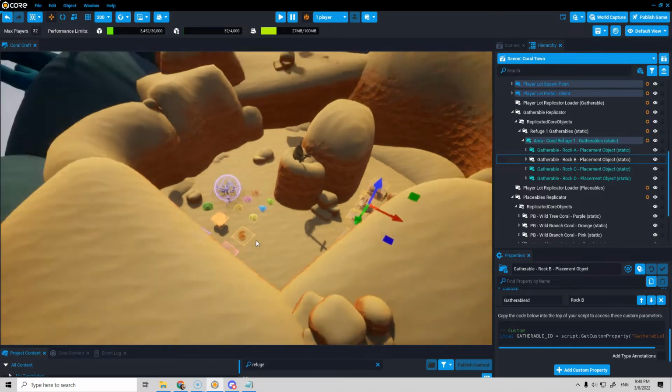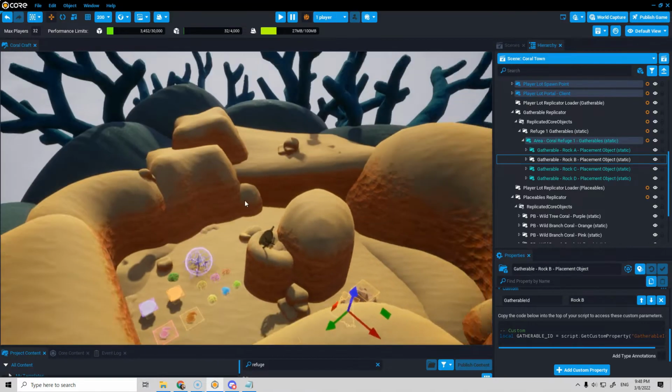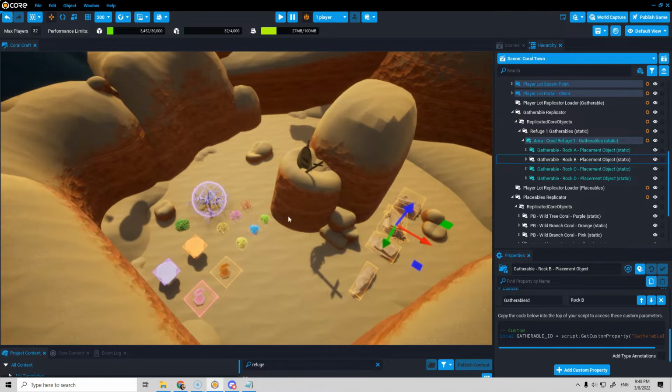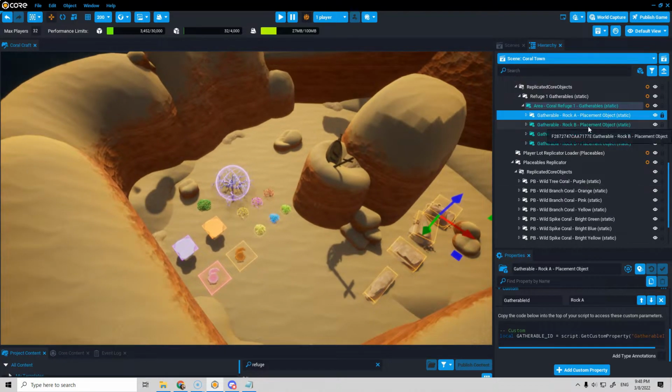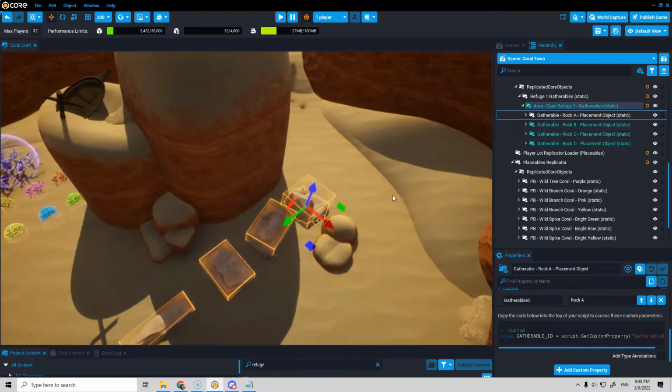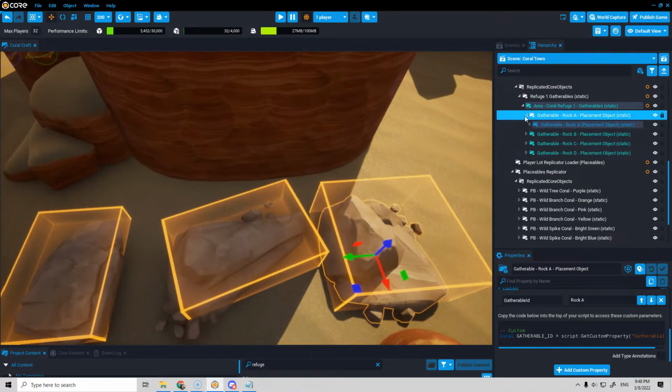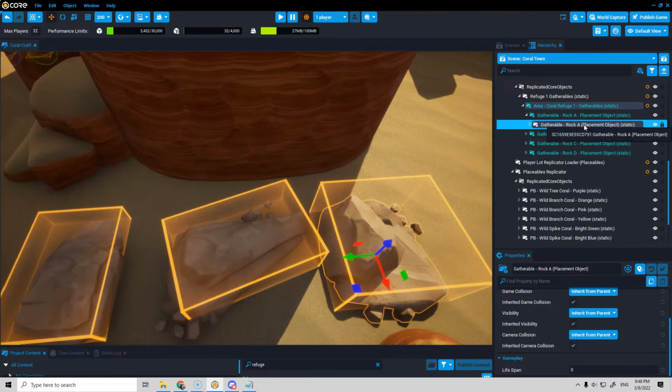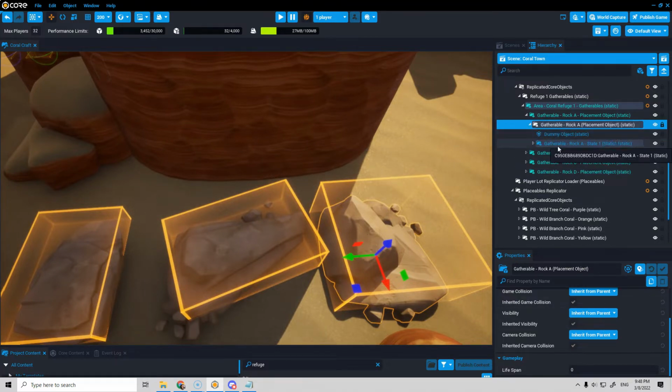Okay, so I just wanted to quickly explain what I've done here before I do a little speed up video of filling out this area. I have these gatherable placement nodes that have that gatherable ID on them. And inside of each one, I made a template as a placement object. It has no special properties, but it has a dummy inside of it, and it has the actual static template